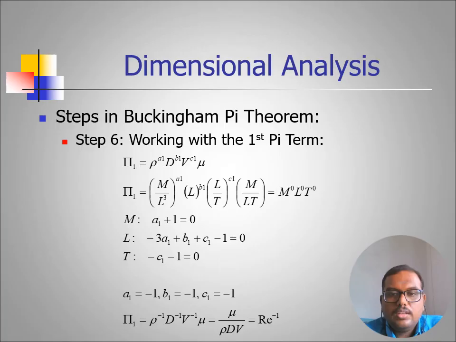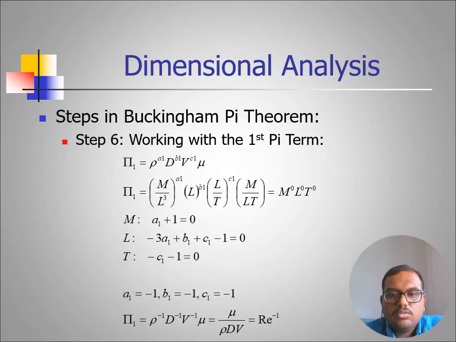For T, there is one term, T to the power minus c1, and in the denominator there is T, so we write minus c1 minus 1, which is equal to 0. So we are equating these equations. We can directly write a1 equal to minus 1. From the third equation, c1 equal to minus 1. Substituting a1 equal to minus 1 and c1 equal to minus 1 in the L equation, we get b1 equal to